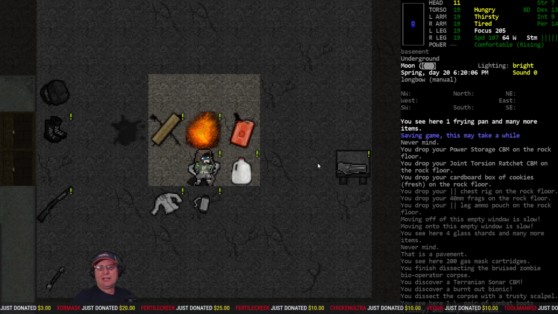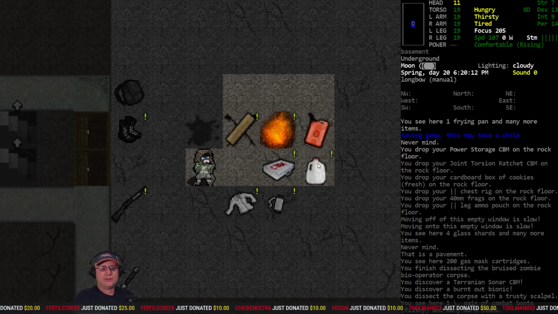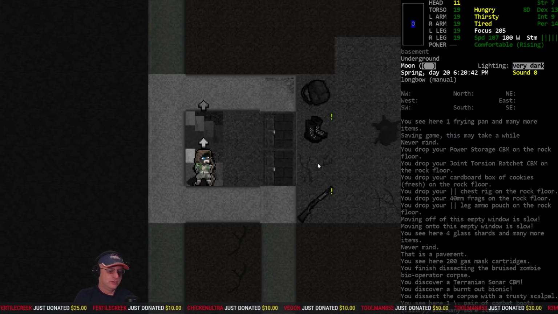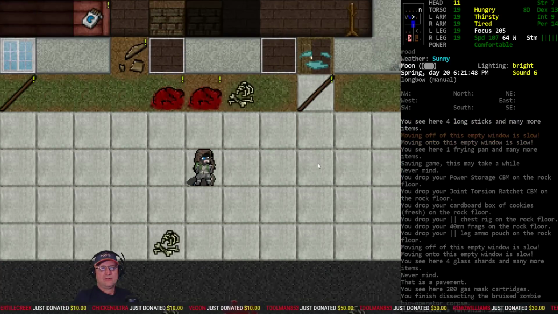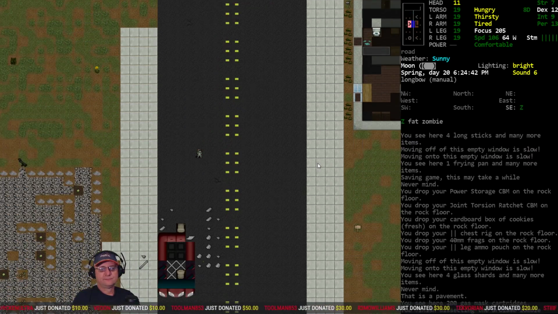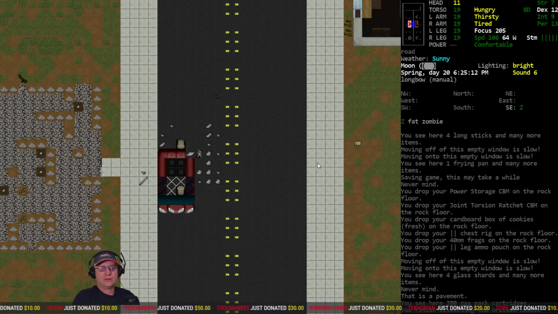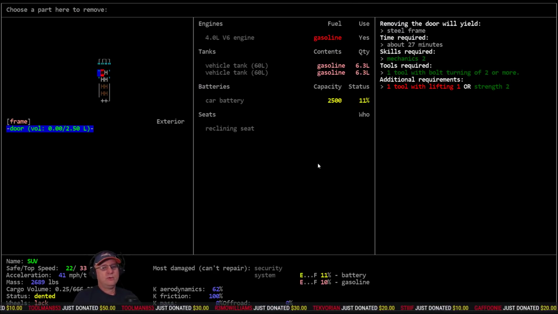Alright, so we're back, we're tired, hungry, thirsty, 6:20 p.m. I want to try the door thing real quick before it gets dark. So let's go run downstairs here. Head down to one of these vehicles. I think this one's still got all the doors working. Yeah. Alright, so we're going to try to remove this door here. 27 minutes. Just takes a tool of bolt turning, which I have, and we're going to hope we get a...